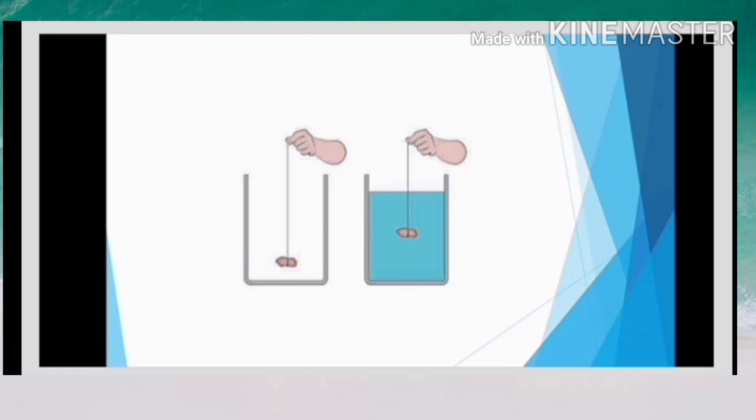When the stone is sunk in water, a buoyant force acts on it in the upward direction. The weight of the stone acts downwards. Therefore, the force which acts on it in the downward direction is effectively reduced. So, how much is the magnitude of the buoyant force? Is it the same for all liquids? Is the buoyant force of equal magnitude for all objects? The answers to these questions are embedded in Archimedes principle.